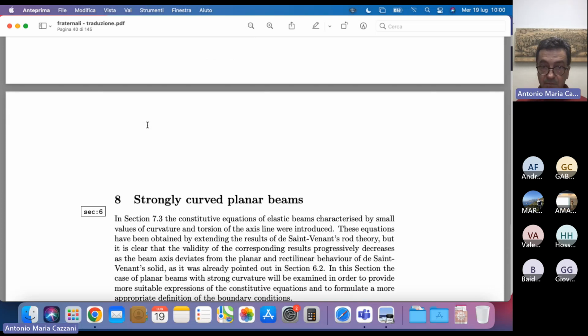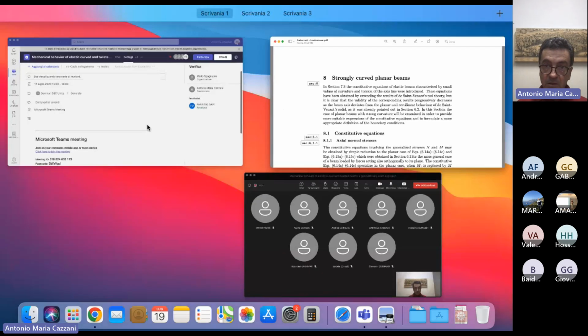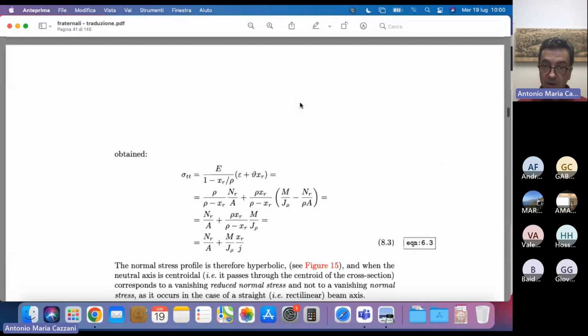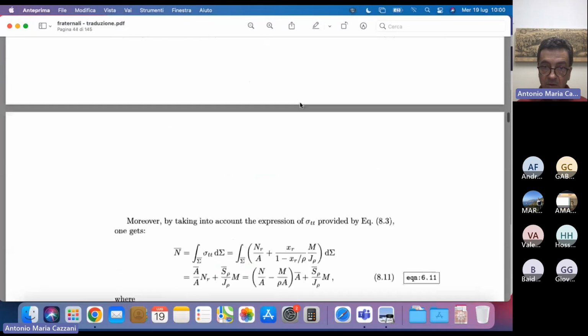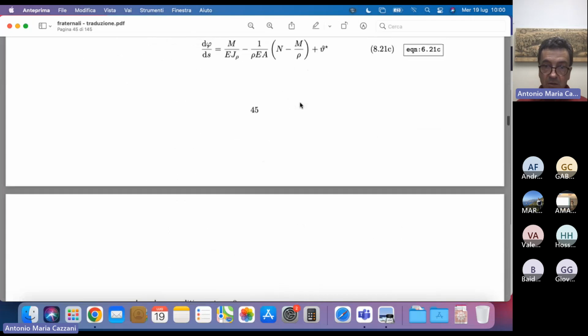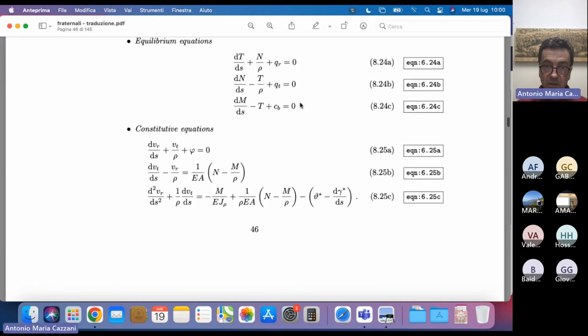Okay. For strongly curved planar beams, the problem will be seen with Professor Fraternali in the afternoon, so I'm skipping it for now. Instead, what I would like to see